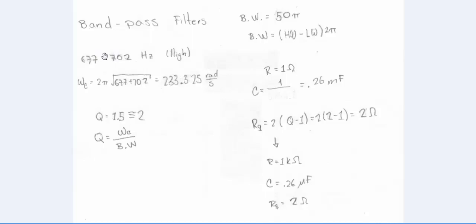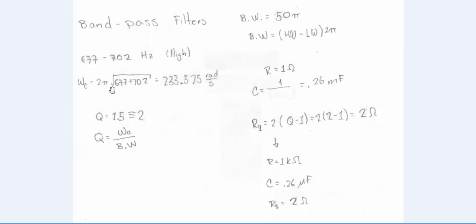So our frequencies between them. We're going to have a bandwidth that it's the frequency high that we decide here, and the frequency low that we decide here. It's this minus this times 2 pi. So we have that the bandwidth it's 50 pi,